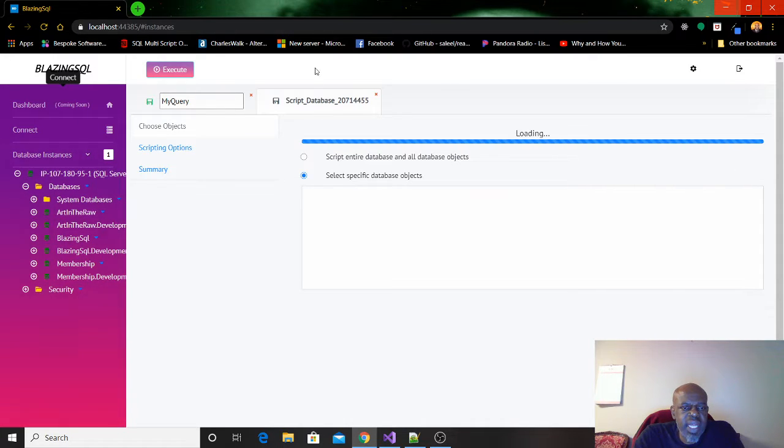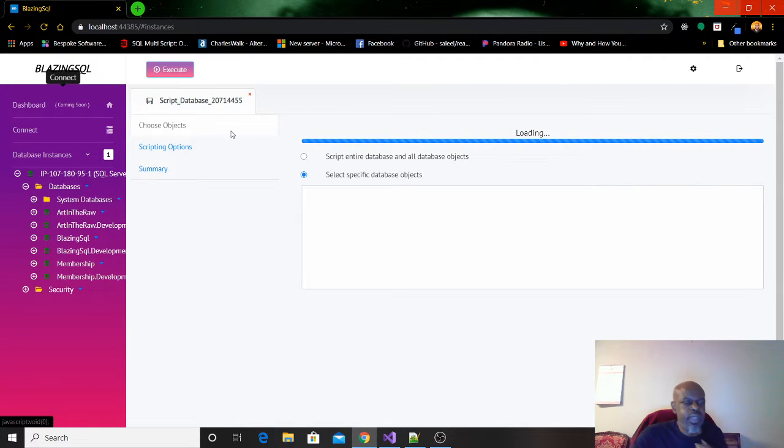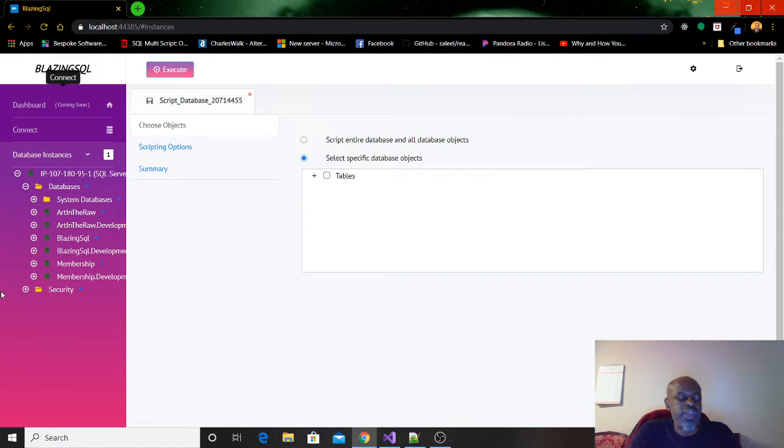But the main functionalities that I wanted to get together were the query, and right now we're at a state where it's just the query and scripting your database. Other features are coming down the road now that I've gotten more and more familiar with what I can do with Blazor using SMO. So now there's a whole lot of features that I have coming down the pipeline.